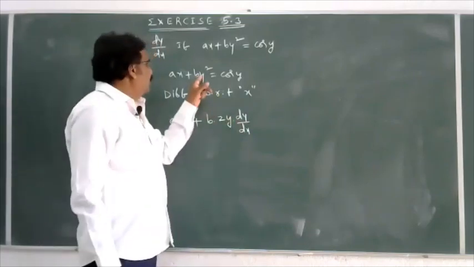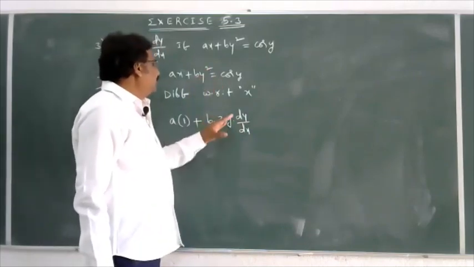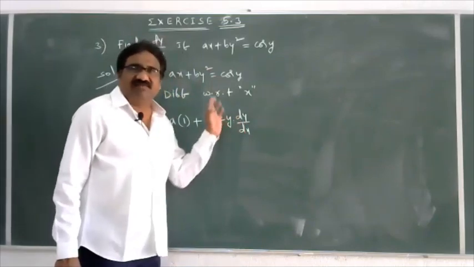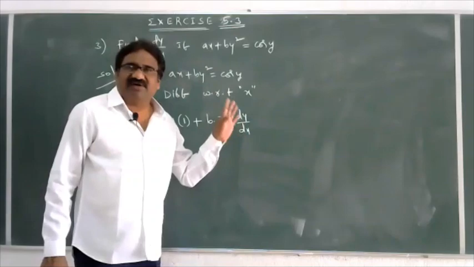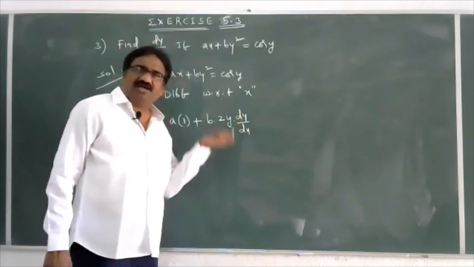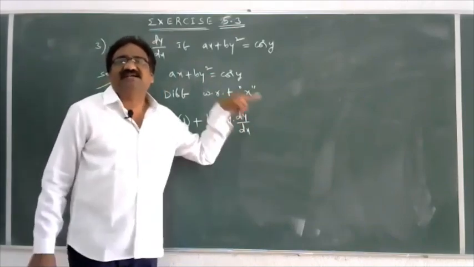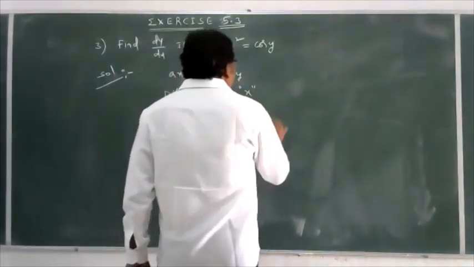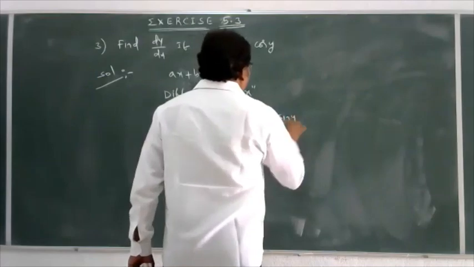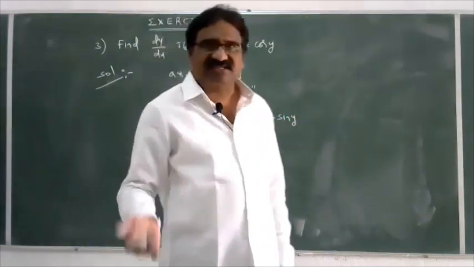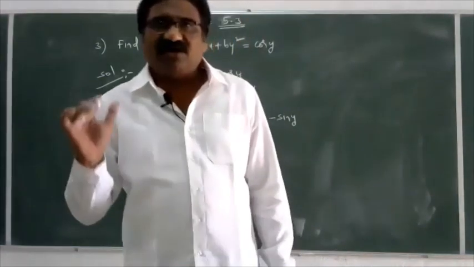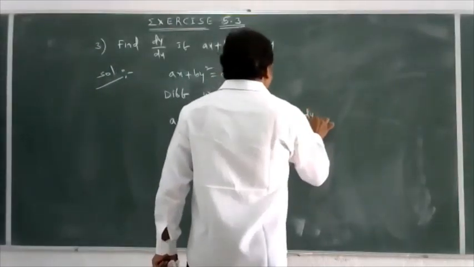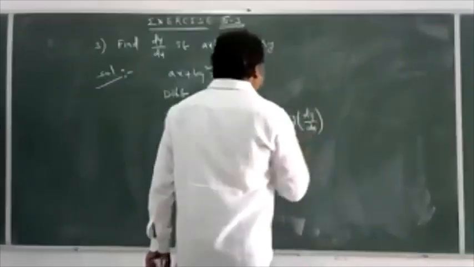So here you have x square, then the derivative of x square is 2x into x derivative 1. But here y square is there. That's why y square derivative is 2y into y derivative with respect to x, dy by dx, is equal to cos y derivative, minus sin y. What is the derivative of cos x? Minus sin x. First cos y derivative is minus sin y into y derivative dy by dx by using function of function rule.